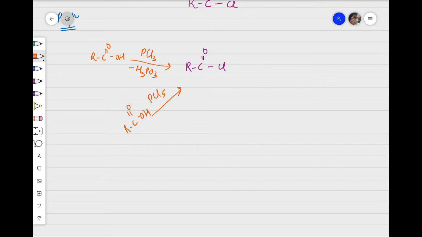H3PO3. Okay, in the case of PCl5, we get POCl3 and HCl. Okay, another case is when I use thionyl chloride, that is